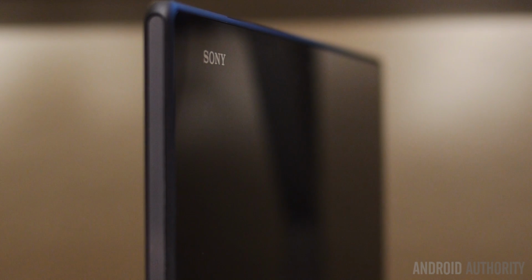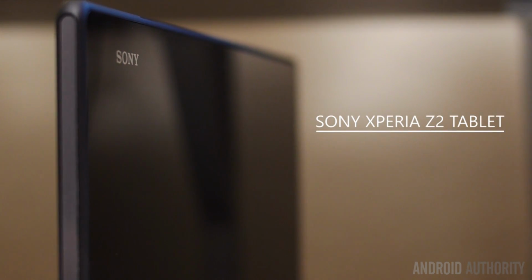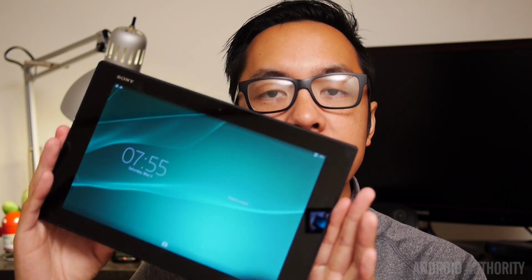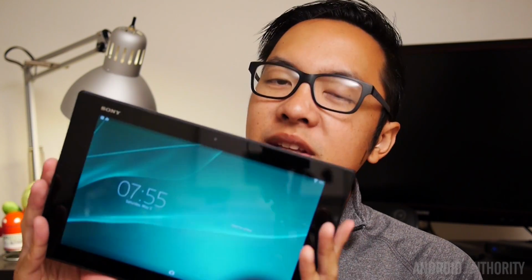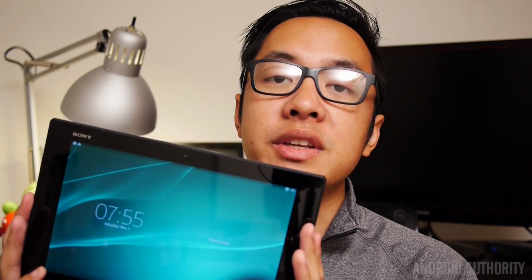Much like the name implies, the Xperia tablet is supposed to be much like its smartphone counterpart, only much bigger. You'll see this notion permeate throughout the review, but first let's take a look at design. In this 10-inch tablet, you do get the black slate design in full effect, with glass on the front and plastic on the back. And the sizable bezel around the 10-inch screen does make this look a little bit like a picture frame of sorts, but I like to think that it's more like a small Sony TV because it